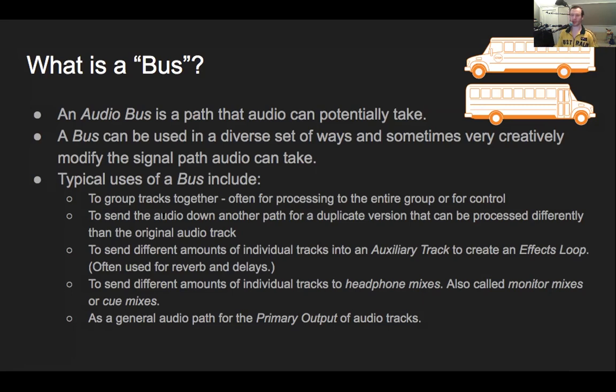And there's a lot you could get into with that, because in many digital consoles you could have the same input come into multiple channels. But that's sort of a different way to approach it. The fourth one here is to set up headphone mixes and cue mixes,